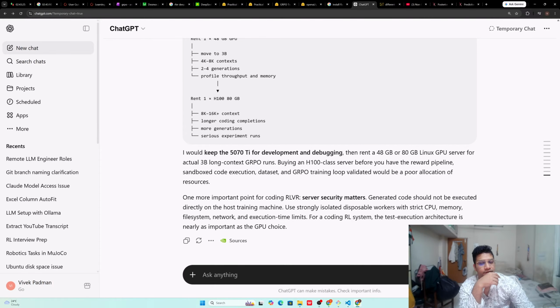The test execution architecture is nearly as important as the GPU choice. Server security matters. Code should not be executed directly on the host machine. Use